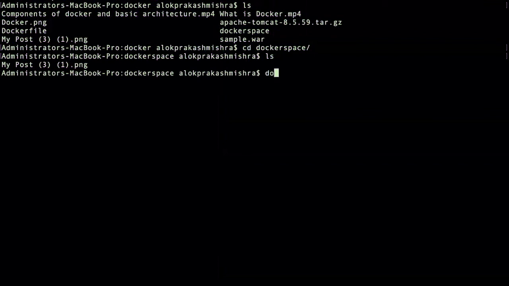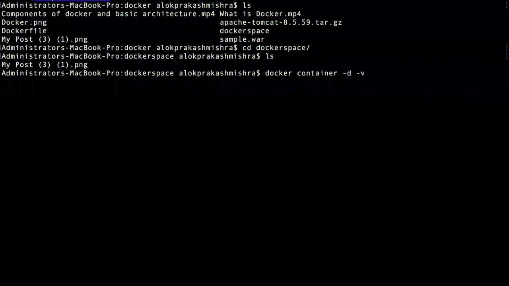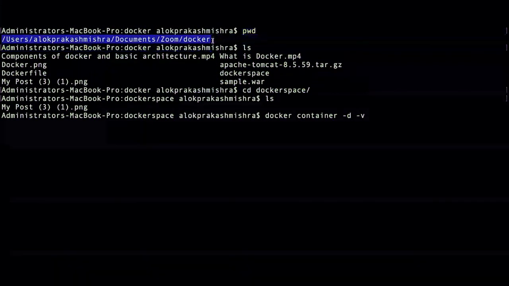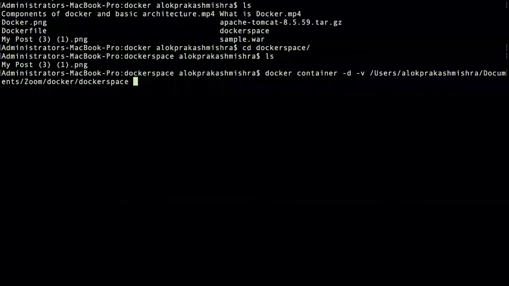So for that, docker container run -d -v, and I will give this path, docker space. This path will mount to docker space 2, you can give any name.